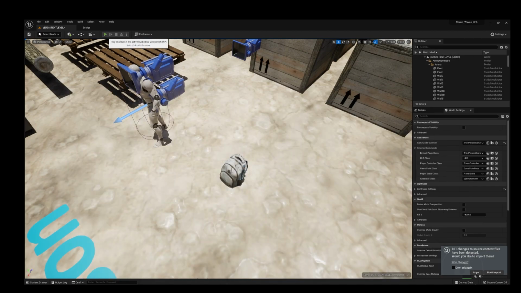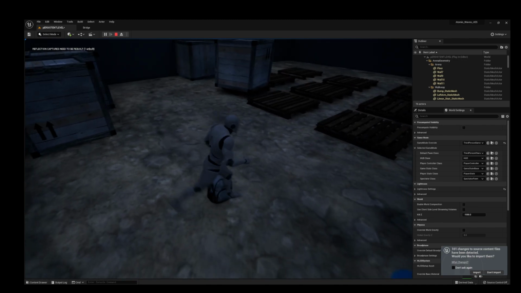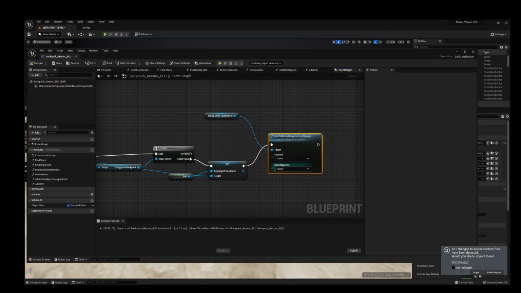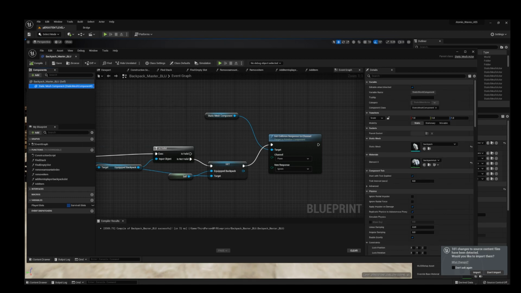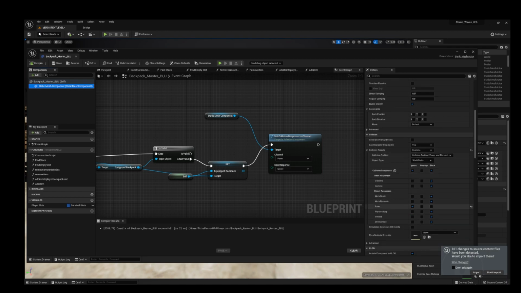Now let's go back into our game here and see if this works. Whoops, something is wrong. Let's take a look at that. What I forgot to do is go back to our static mesh component. Now this is only, once again, if you want collision on your backpack before you pick it up. So instead of ignore pawn, you would go to block pawn. That way, after you pick this up, after you equip the backpack, then it ignores your pawn. If that makes sense to you guys.